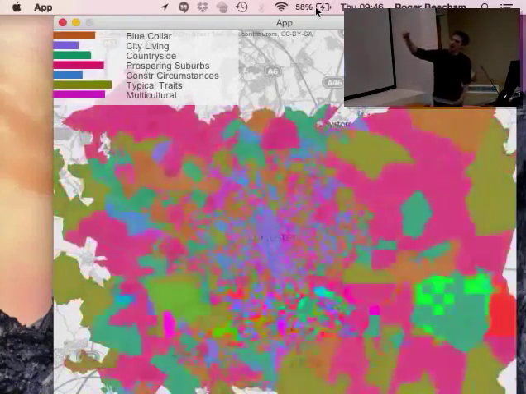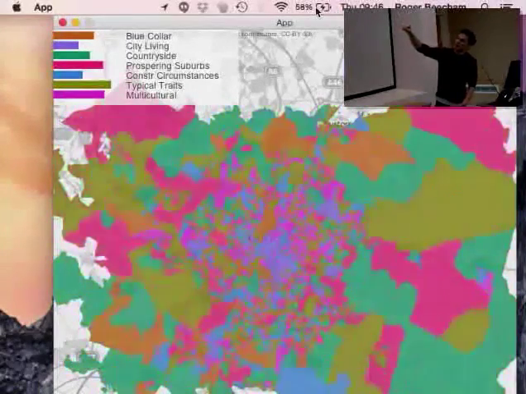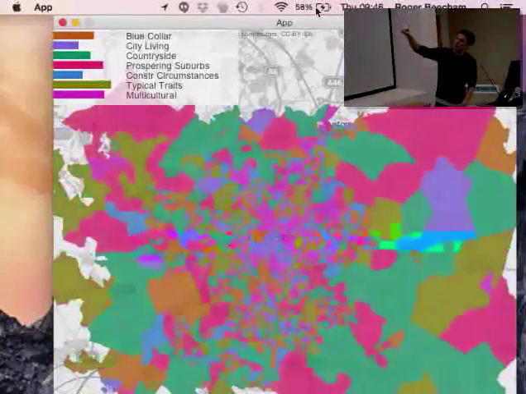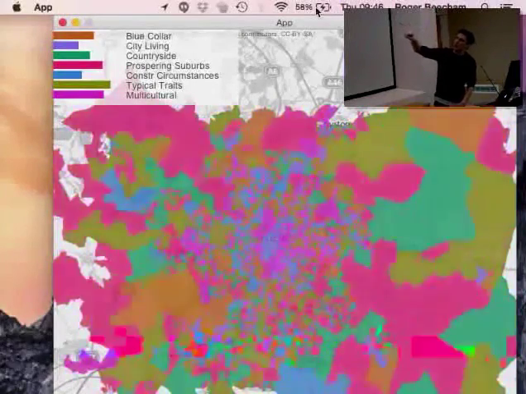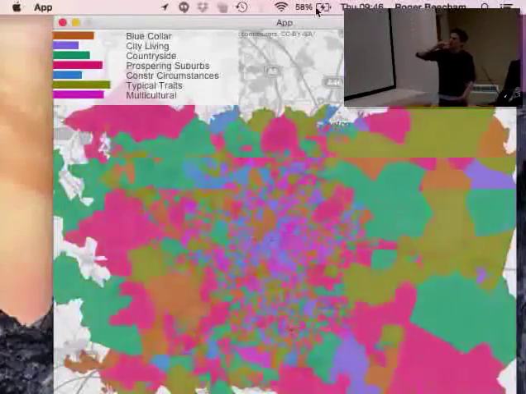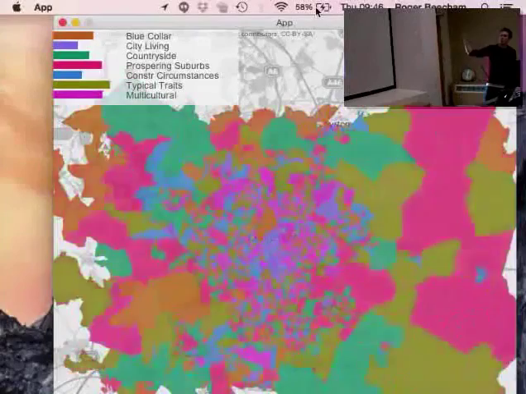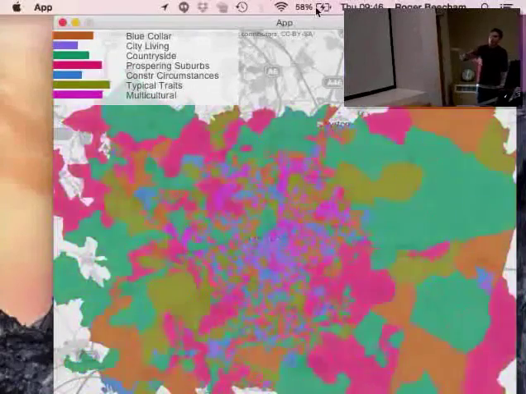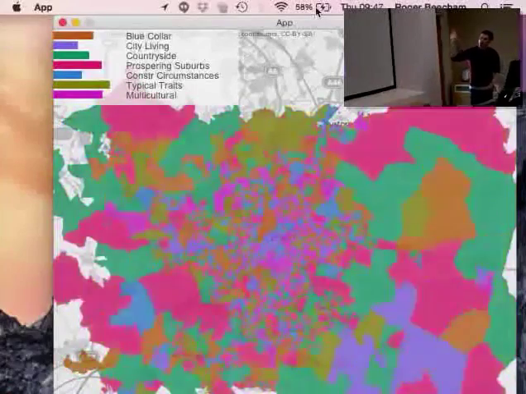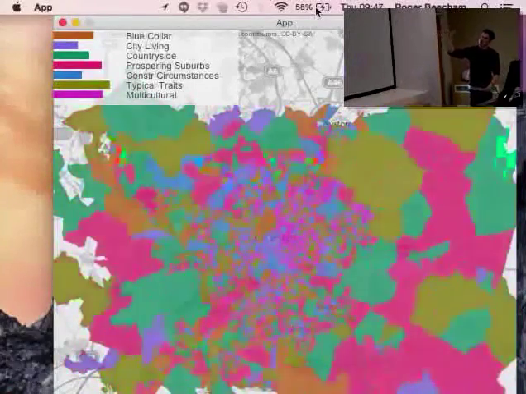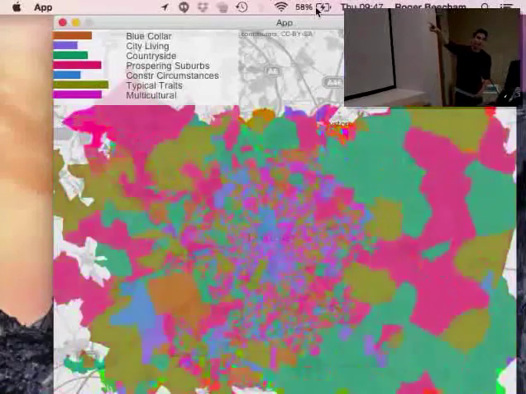change in shape. So previously, the prospering suburbs one was really, really long and dominated. The multicultural one was sort of second, and the typical traits was third, and blue collar was somewhere different. If we take into account all of the probabilities associated with them and come up with this sort of empirical distribution of what the actual profile of Leicestershire could look like, these bars in the top left look very different to what they were earlier.